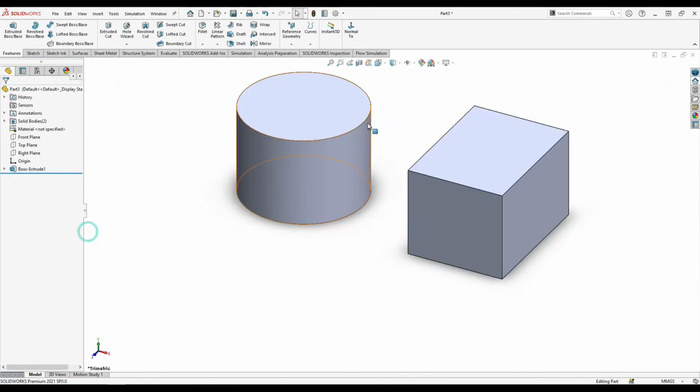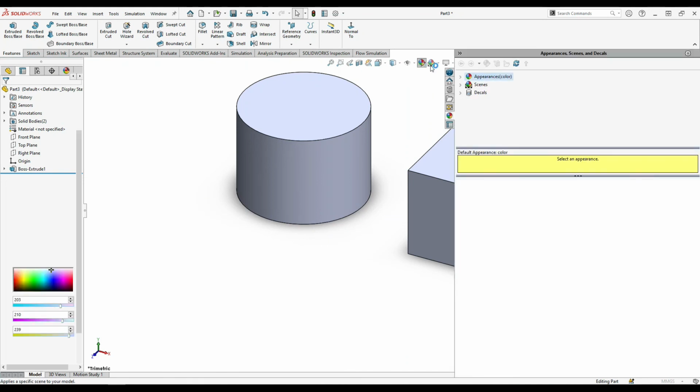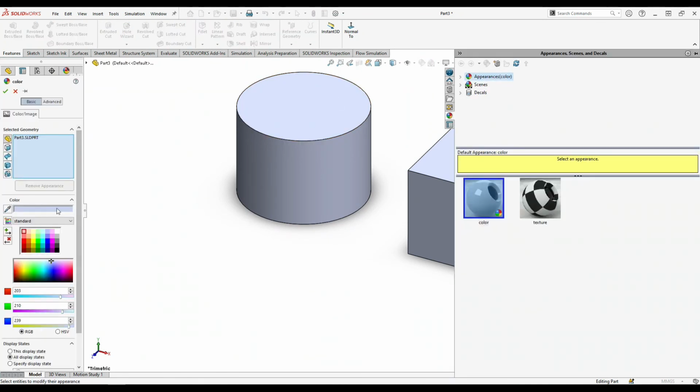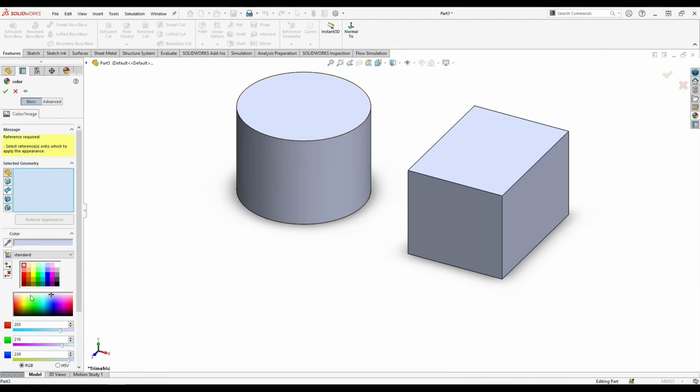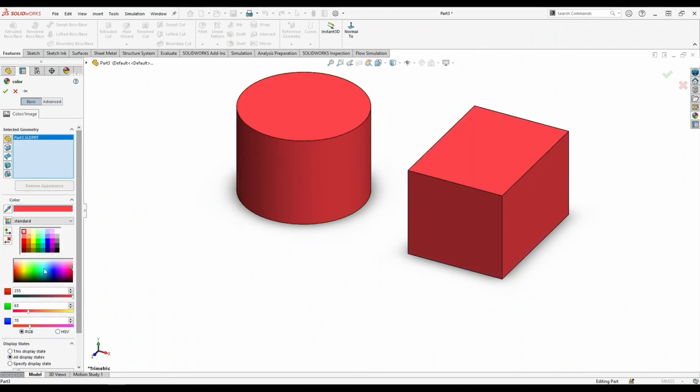Now I just click this one. The part is already selected. If you want to change the colors, once you click this one, the color will be changed. See how the color is changing.